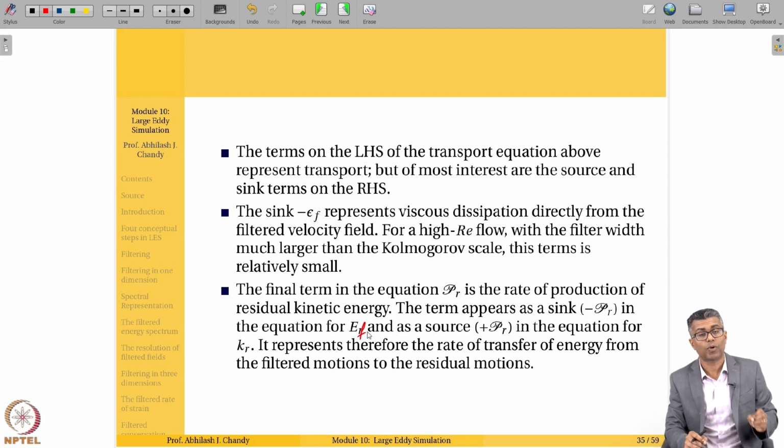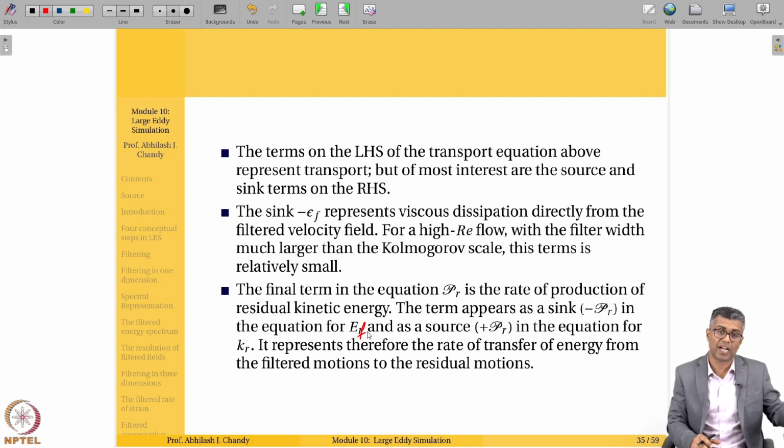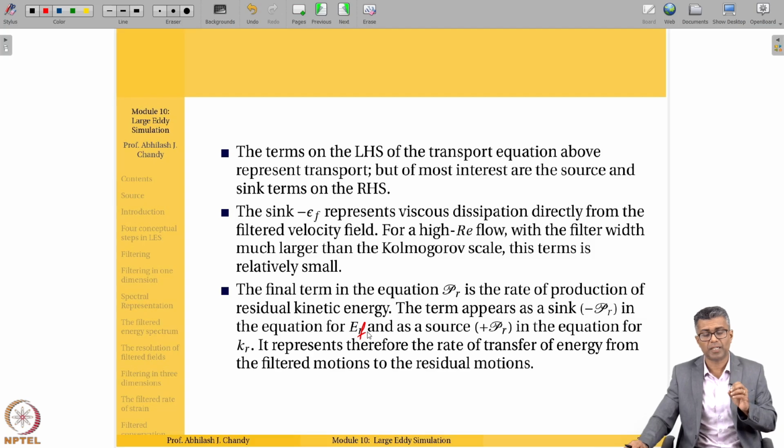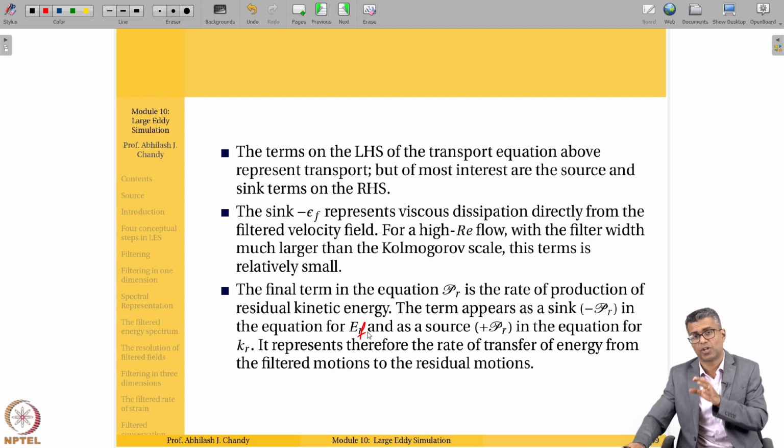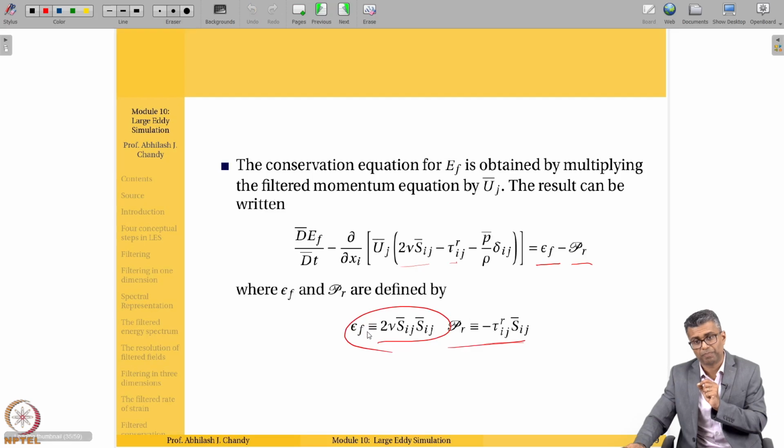It appears as a sink in the equation for EF and as a source in the equation for KR. That means it represents the rate of transfer of energy from the filtered motions to the residual motions. So this is that term that represents the transfer of energy from the filtered motions to the residual motions. I hope this is clear. I want to repeat this. It's very important. The final term in the RHS of this transport equation here, you have a negative there,